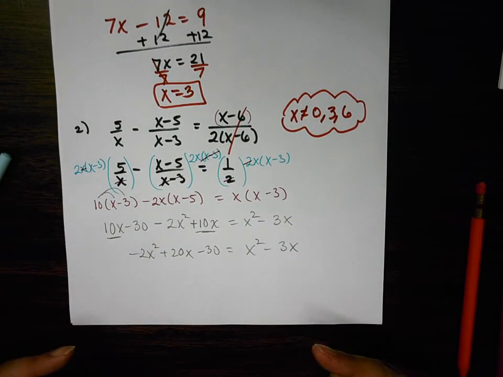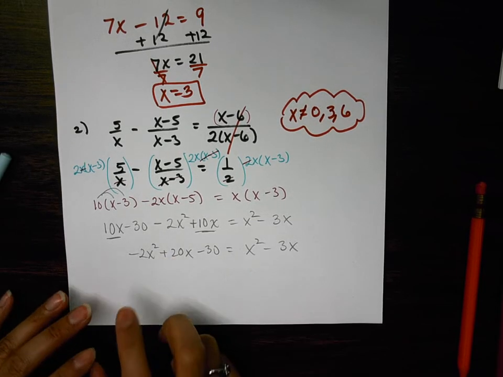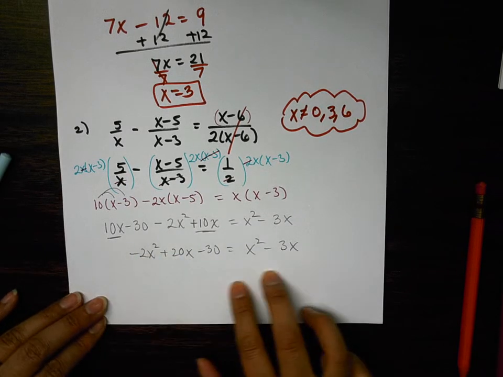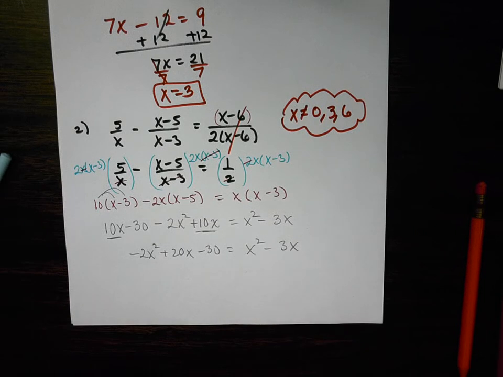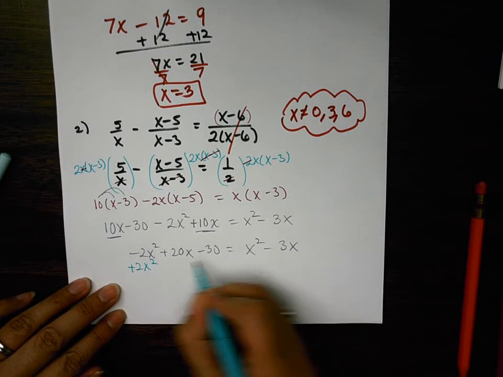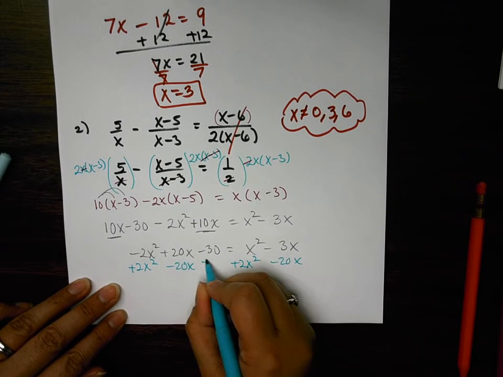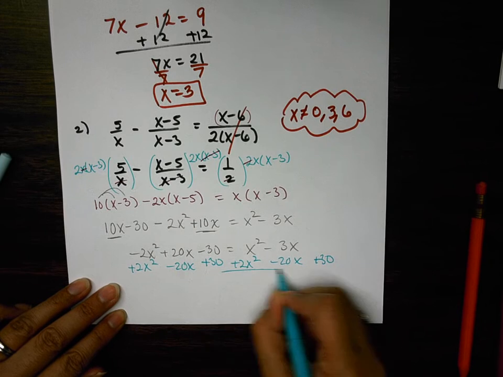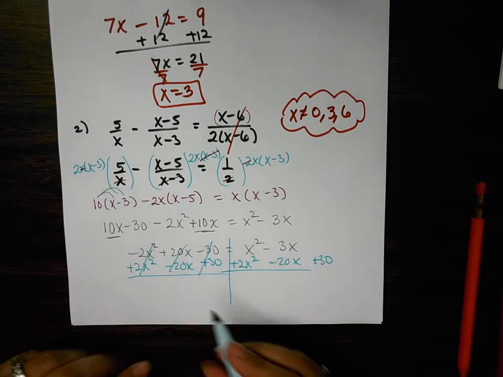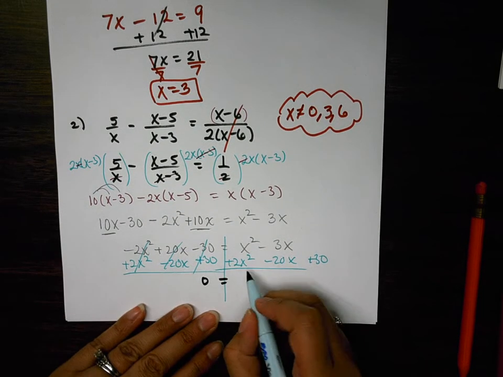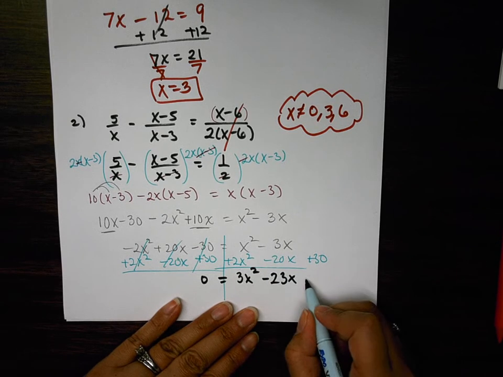All right, I have to get everything equal to 0 so I can factor and solve, so I could use the zero product property. Before I do that, it's easier to move this way, but I want my leading coefficient to be positive, so which way should I move it? And if you did move it to the left, that's okay. You just divide everything by negative at the end. I'm just going to move it the other way to save that step later. All right, so what does that leave me with? 0 equals what? 3x squared